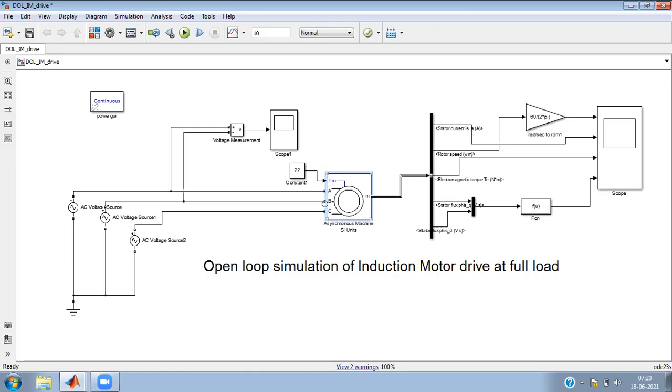Now I'll show you the calculation. The calculations are very simple, but still very important. This motor is a 5 HP motor, so in watts it is 5 into 746 watts.